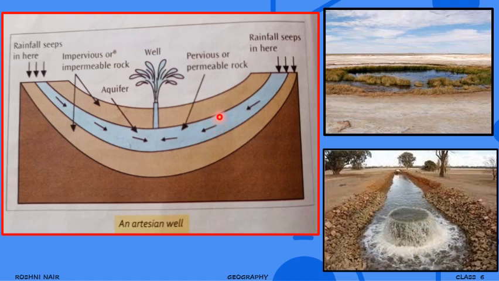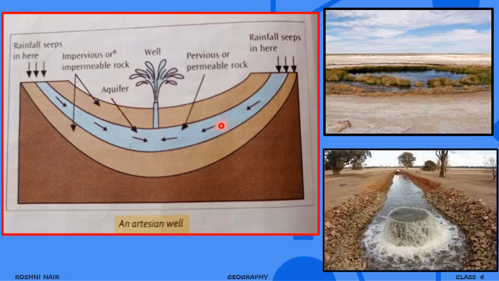So now let me explain. In an artesian basin, a layer of porous or pervious rock, this light blue color, lies between two layers of impervious rock and acts as a reservoir. Reservoir means it will save water for some time. The rainwater, can you see the arrows shown here? The rainwater that seeps underground is trapped